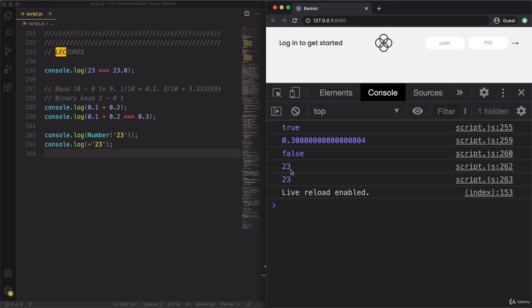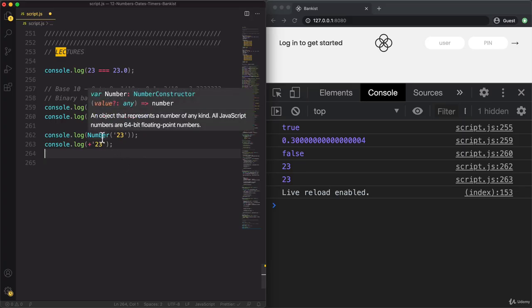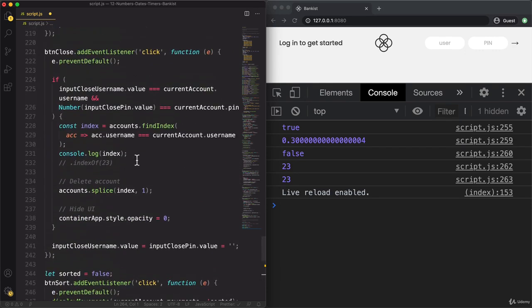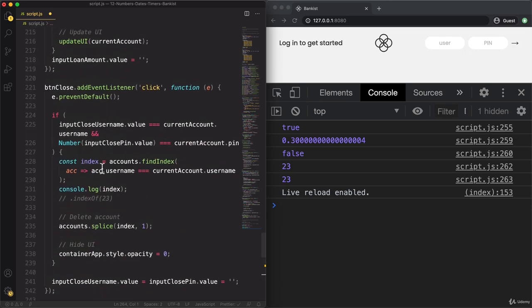So in this purple color, which are numbers. So this here makes our code look a lot cleaner in my opinion. And so let's now actually go to our project and replace all the occurrences of Number simply with the plus sign. So here,